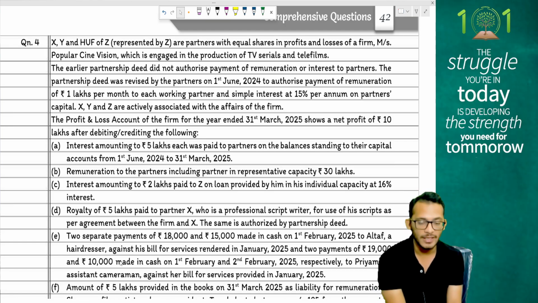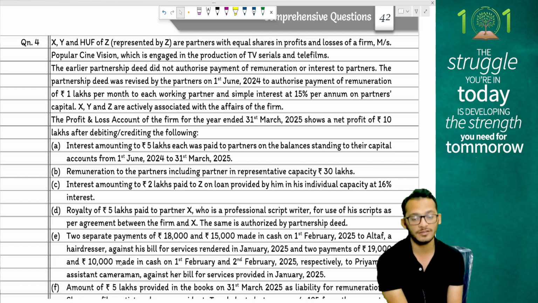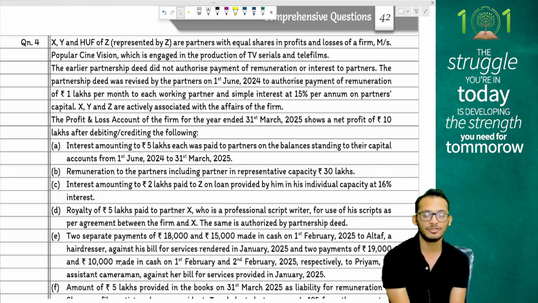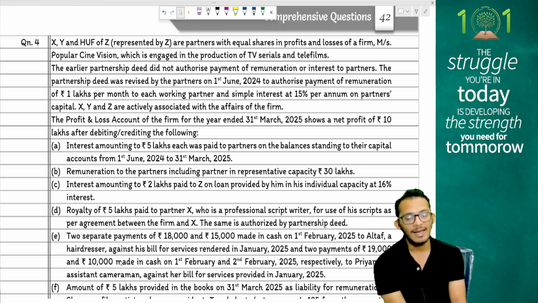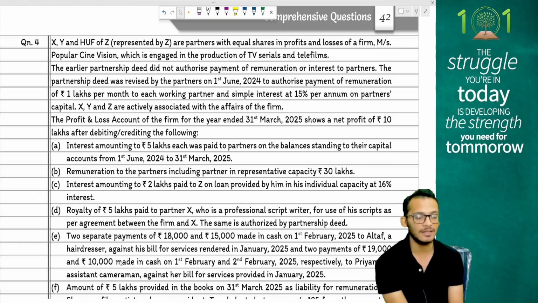Think about this carefully. The earlier partnership deed did not authorize payment of remuneration or interest to partners. So they had a partnership deed that did not allow for any remuneration. The partnership deed was then revised on 1st June to authorize a partnership remuneration payment of 1 lakh rupees per month from 1st June to each working partner and a simple interest of 15% per annum on the partner's capital. X, Y and Z are all actively associated with the affairs of the firm. I now have a deed, people, which allows for